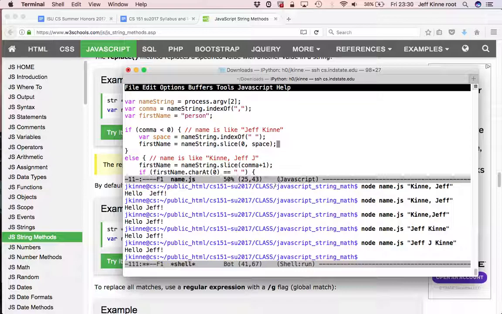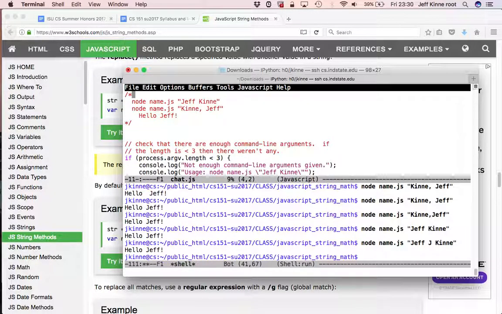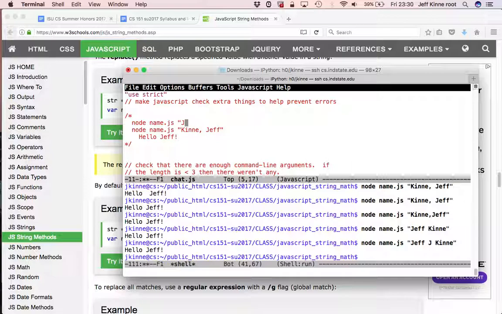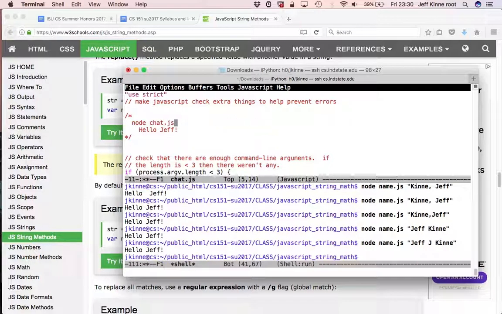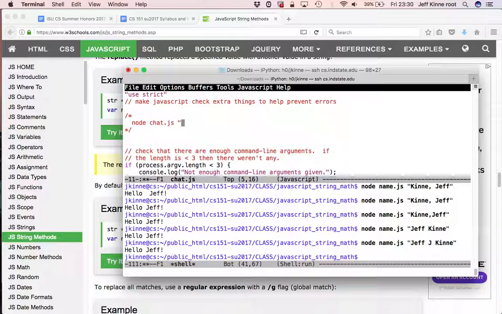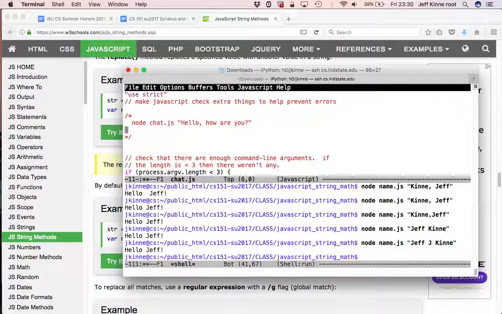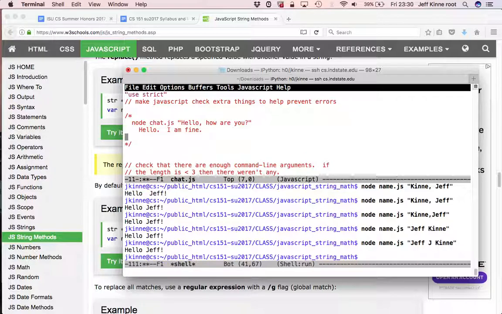We could do another, we'll do one called chat.js. So chat.js, what I have in mind here is you type a message to the program and it says something. So you maybe say, hello, how are you? And maybe we'll have something put in there that'll respond intelligently, and we could say, hello, I'm fine. And maybe if you said node chat.js,